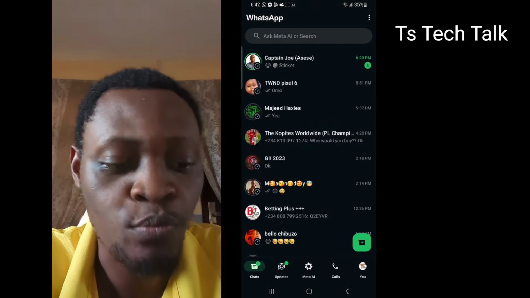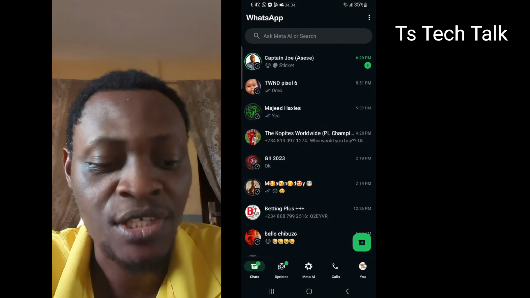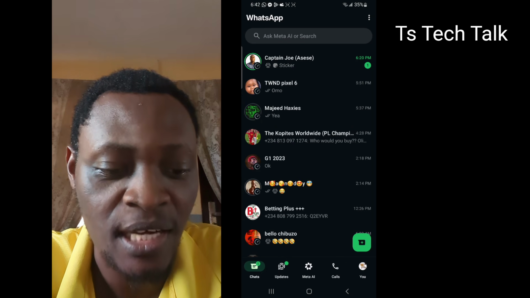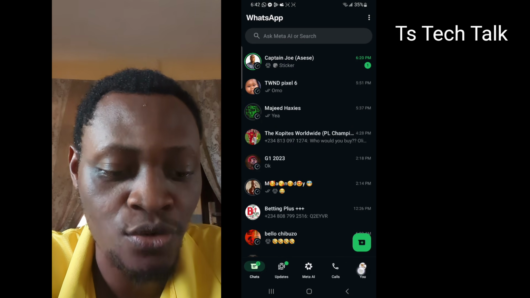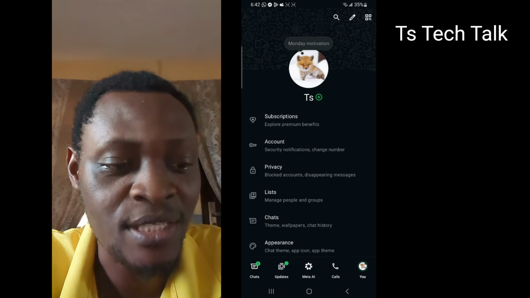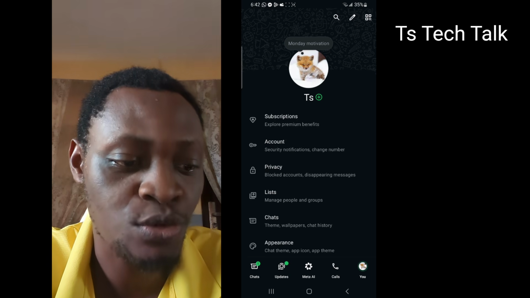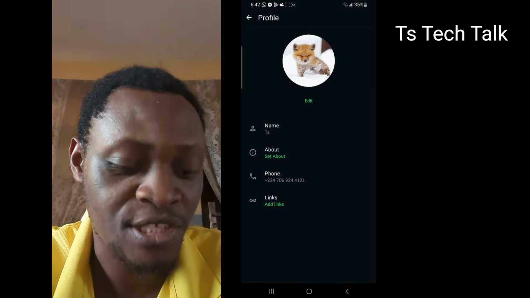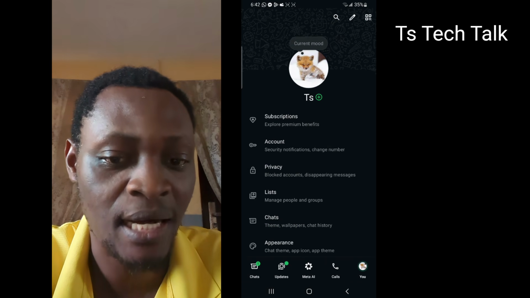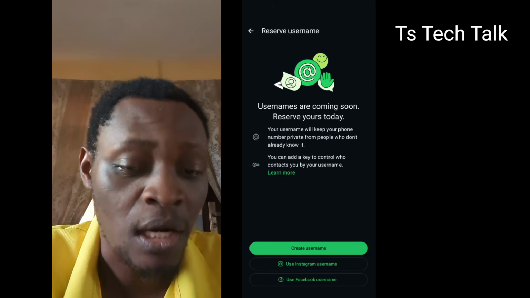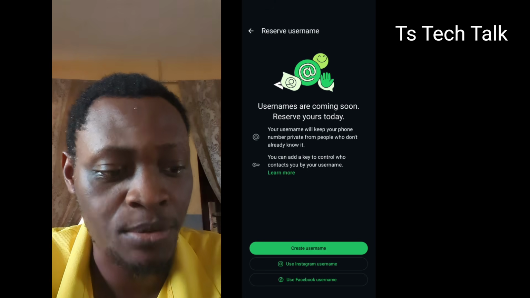Now go ahead and open your WhatsApp application. Just on the bottom area, you are going to notice an option where it says You. Click on that. And then on this area, the next thing you need to do is to click on your account, which is Account. Just next to the subscription, you are going to see Account. Click on that. Now, after you click on account, choose the option that says